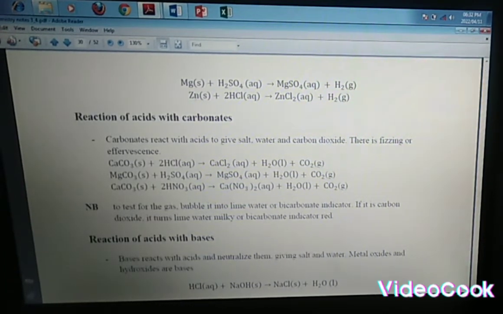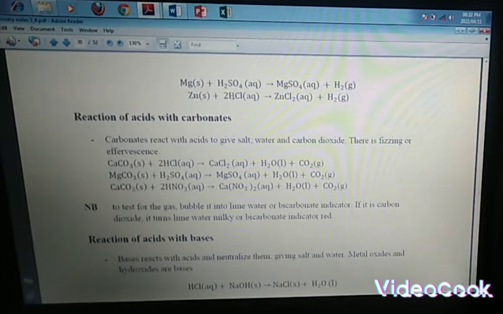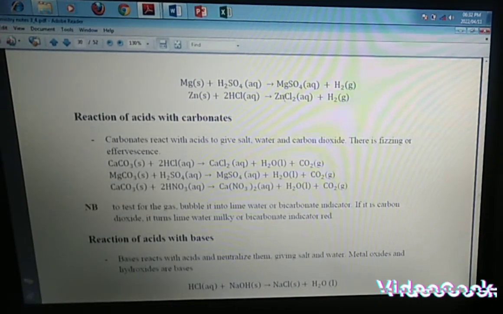Okay, that's the same thing that happened with zinc. Zinc displaced the hydrogen there, and then we ended up with zinc chloride and